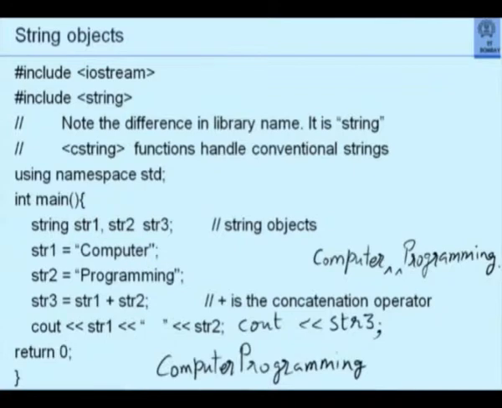The difference between cout and this is that cout will merely print strings in a legible fashion, but internally if you want a composite string, computer space programming as a single string, you can't have it without concatenating.